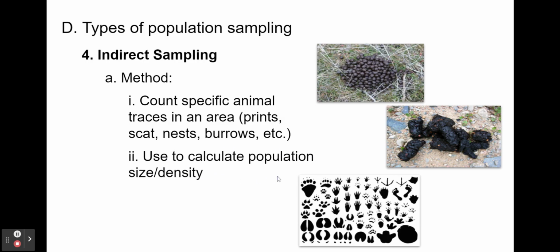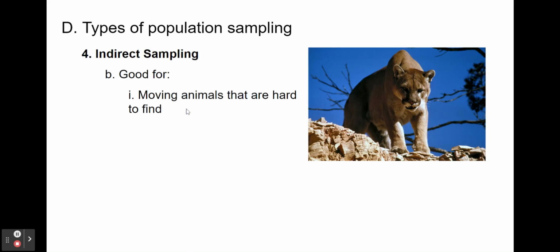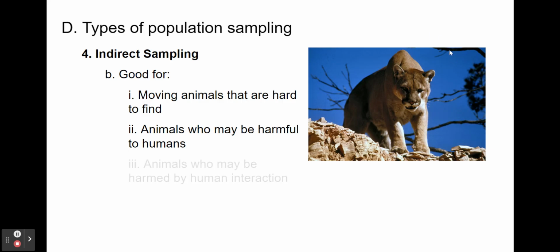This will be an extreme estimation. What is this good for? This is good for moving animals that are hard to find, like mountain lions. They're pretty rare. This is good for animals who might be harmful to humans, again, mountain lions. And this is good for animals who might be harmed by human interaction, something that's so delicate that we can't touch it, or something that's really sensitive to humans and might be harmed by the interaction or the tag from